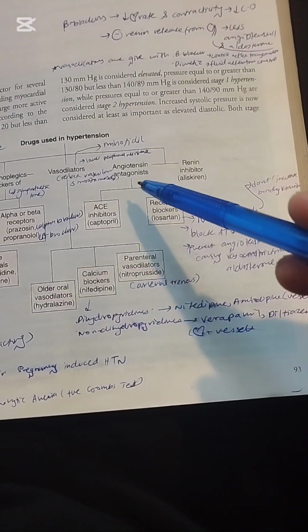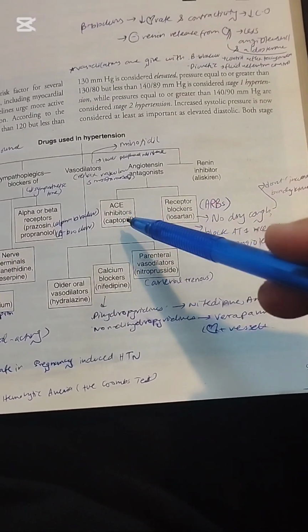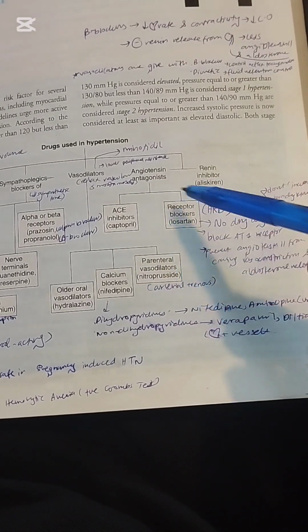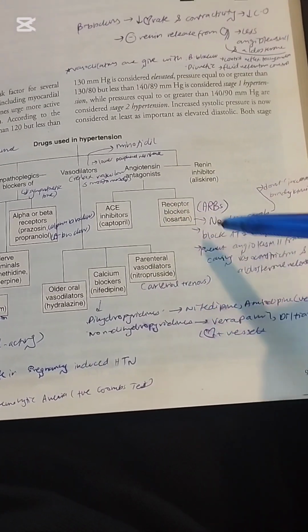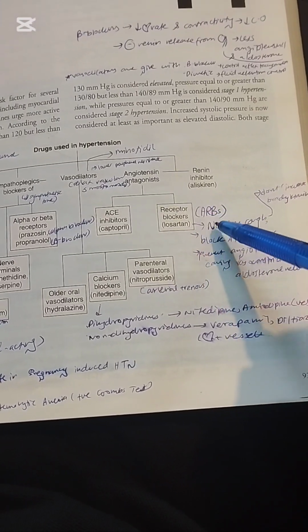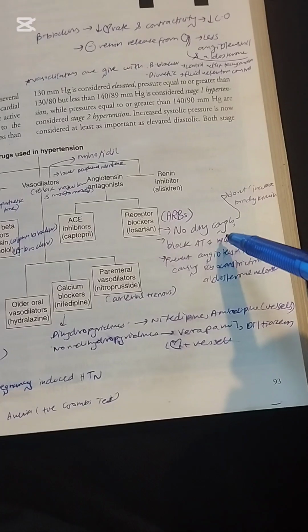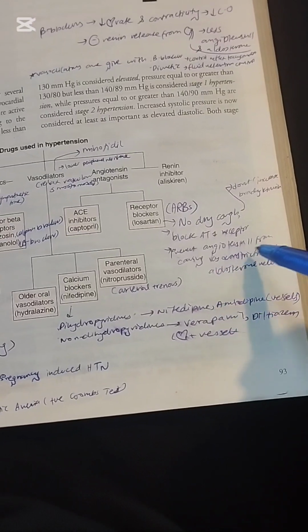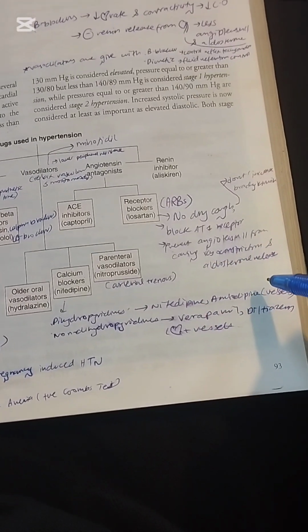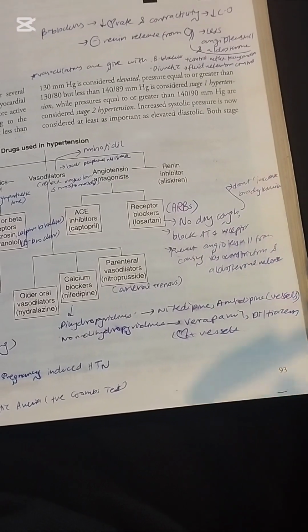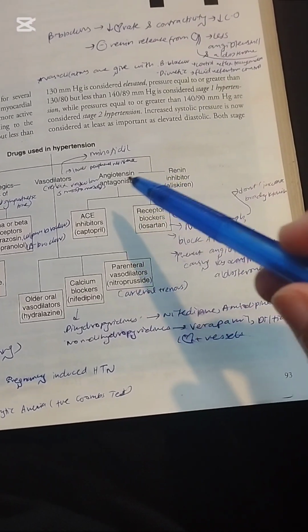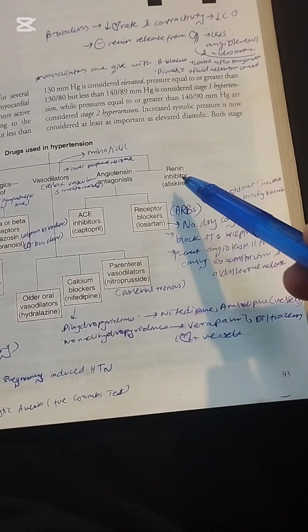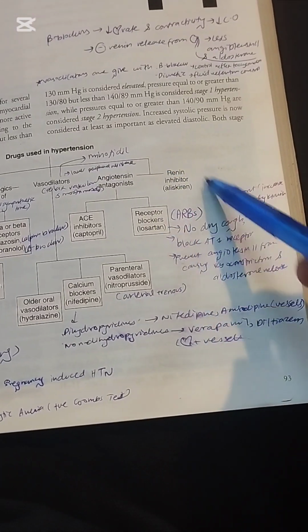Now let's talk about the angiotensin antagonists. These include ACE inhibitors like captopril, and also receptor blockers like losartan. These are the angiotensin receptor blockers. They do not cause dry cough because they do not increase bradykinin. They block the AT1 receptors, and they prevent angiotensin 2 from causing vasoconstriction and aldosterone release because the RAS is going to be inhibited. And then we have ACE inhibitors, receptor blockers, as well as renin inhibitors. Renin inhibitors include aliskiren,